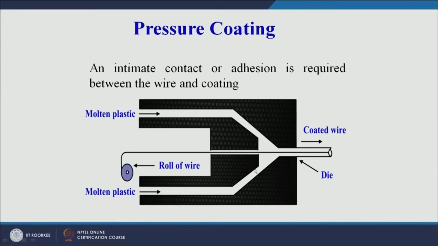So here the molten plastic again is coming through these two entrant points, then there is a roll of wire, but now the plastic and the wire are coming in contact at this point and from there both of them are moving together. So the contact is a longer contact between the plastic and the wire and therefore they form a bond among themselves, and this bond then can be used for specific applications, where the wire has a strong adhesion with the plastic.